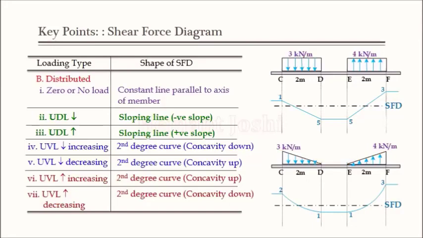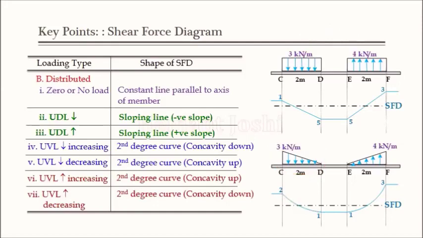First of all, what happens with UVL? Whenever we say UVL, w is something like 3 times x. That means it is a linear equation. And for a linear equation, if I take the integration, it will be x square. Right? So x square means what? Parabolic curve. So the concept is whenever UVL is acting on a beam, the shear force diagram is a second degree curve, a parabolic